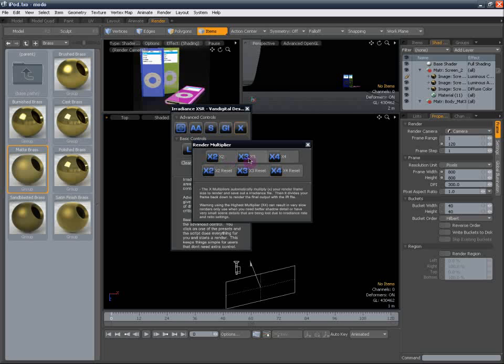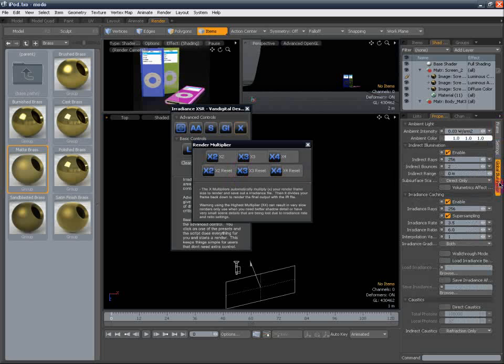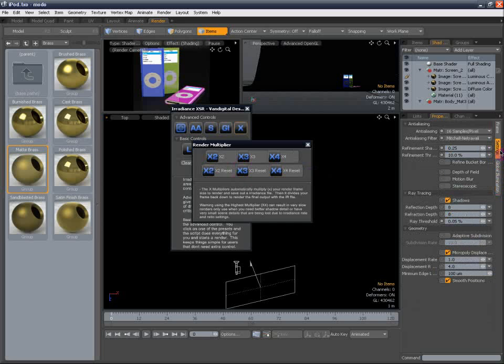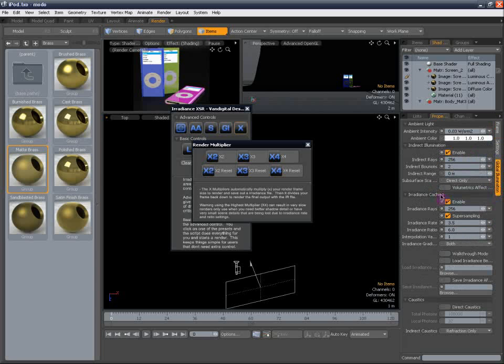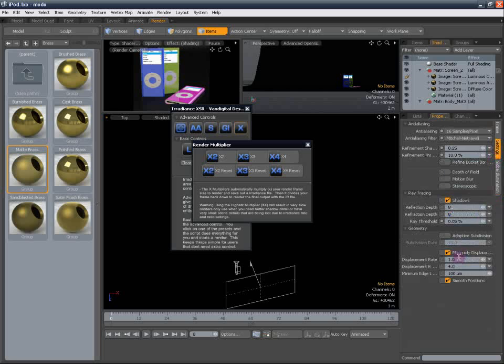If we were to go X3, X4, you know what happens. It saves out the irradiance map, and then it goes back to rendering again, this time using 800 by 800, but it is going to use the irradiance cache